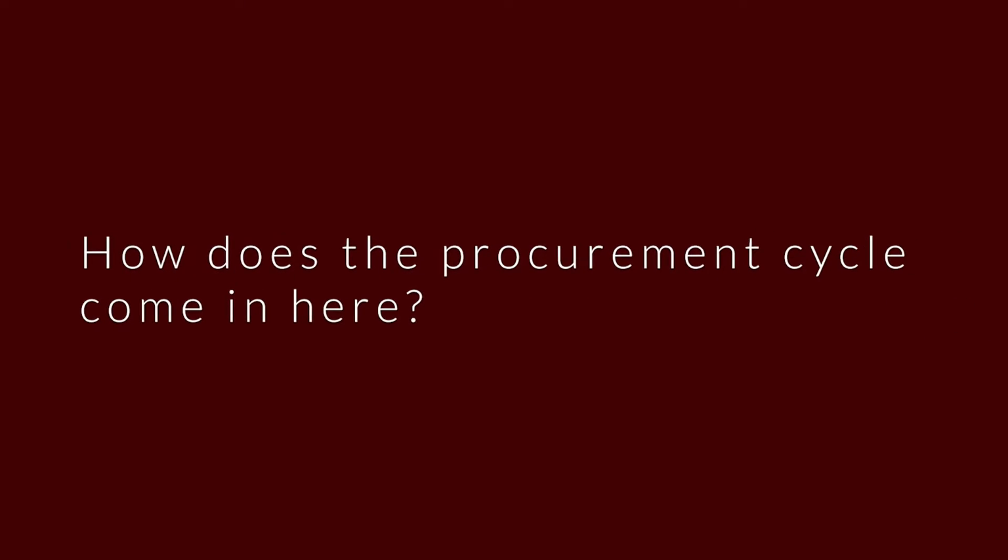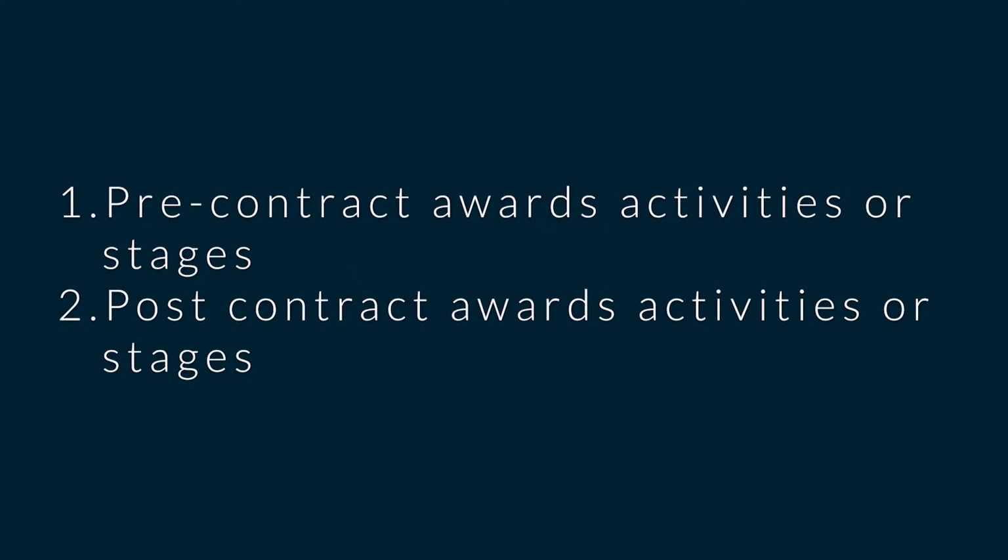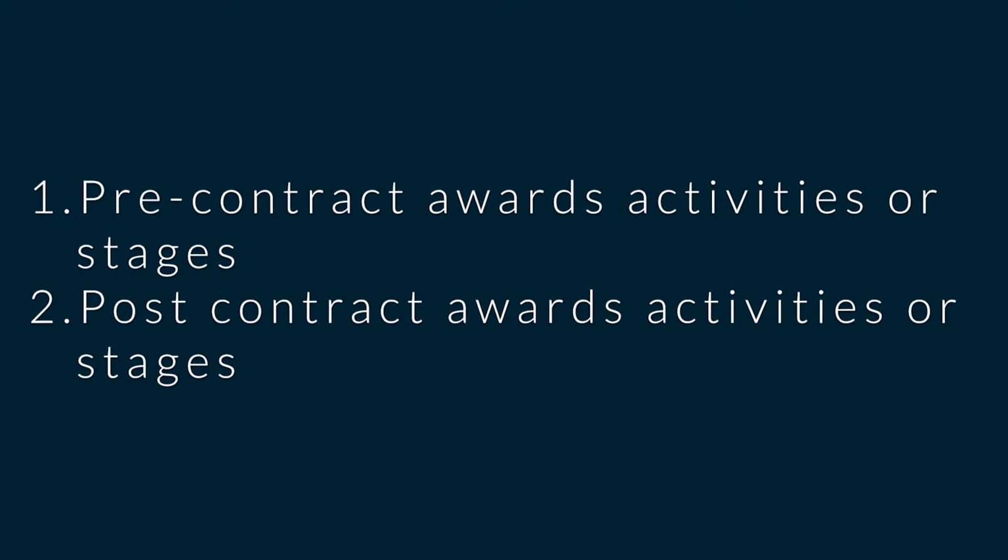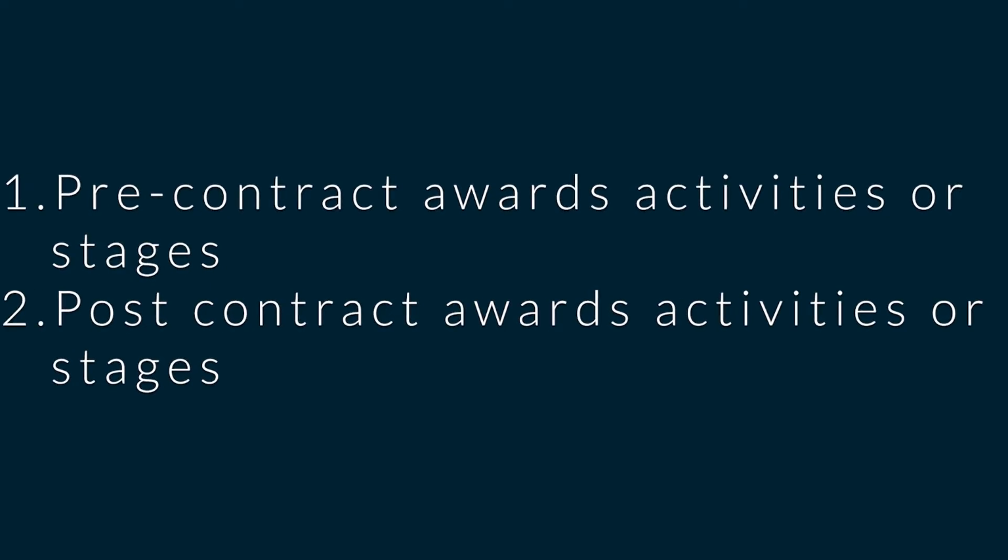How does the procurement cycle come in here? Well, it does so in two main ways. These are the pre-contract award activities or stages, and number two, the post-contract award activities or stages. Once you look at all the 13 steps or 13 stages in the procurement cycle, do you notice that you can just separate those things into two and simplify your understanding of the